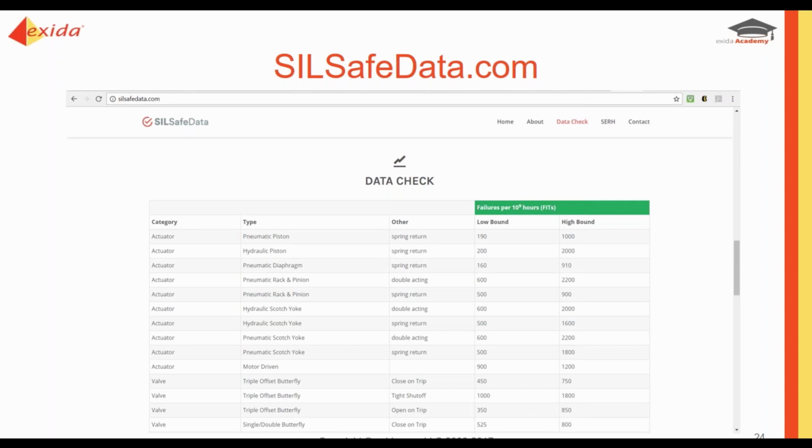You can have the different application, close on trip, open on trip, tight shut off, and that gives you a lower bounds and an upper bounds to expect. And it might be a large range because we don't know the complexity of the device that you're actually using. So if you're using this as a generic number, you have to use that upper number as your generic.